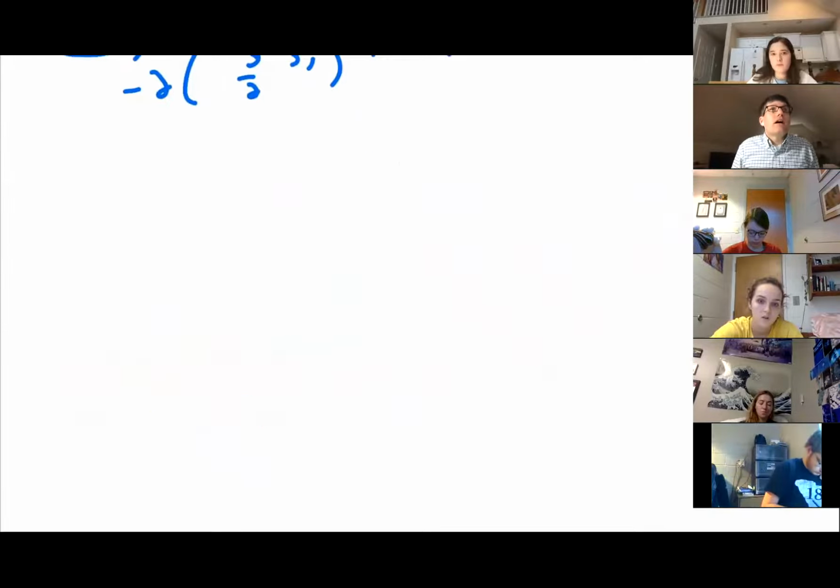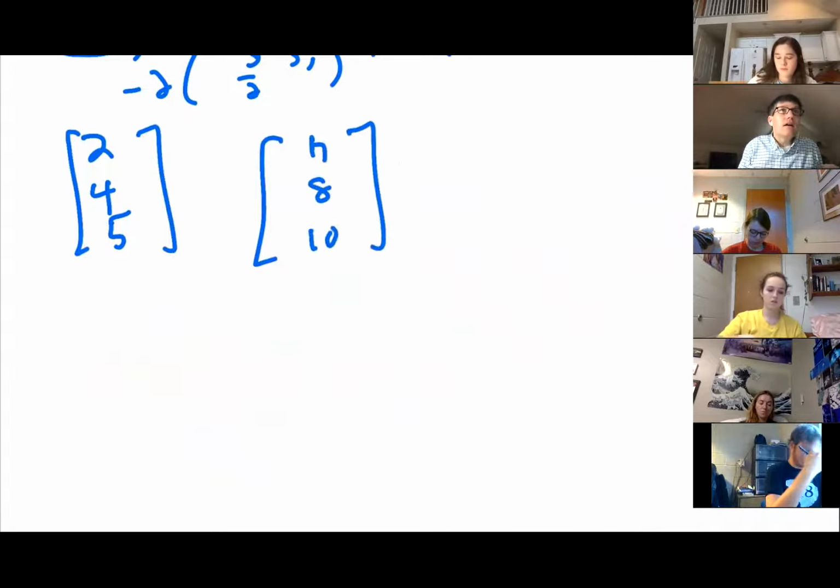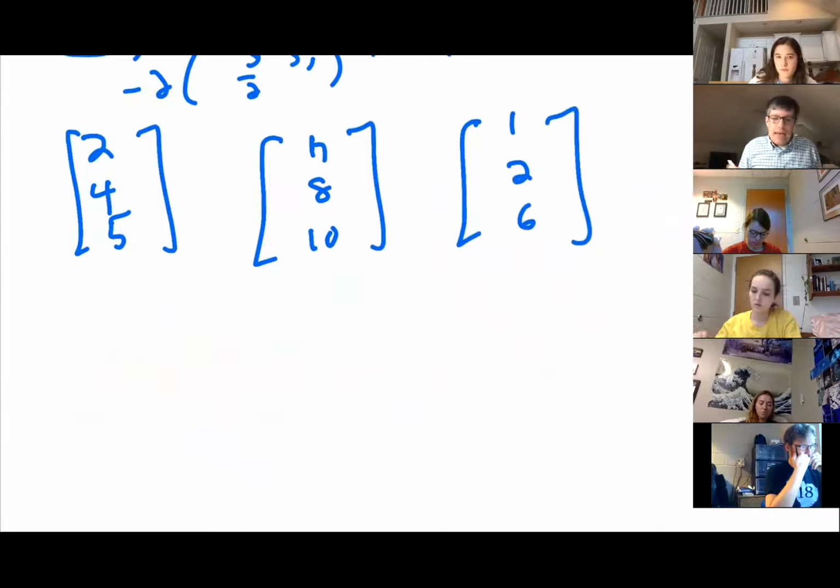Okay, so I'm going to write down the 3 vectors. The 3 vectors were 2, 4, and 5; h, 8, and 10; and 1, 2, and 6. Right? And I want to know